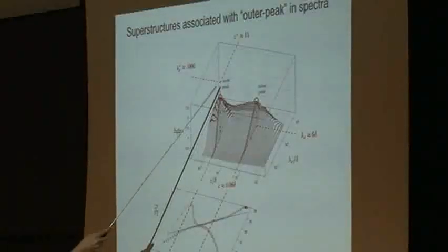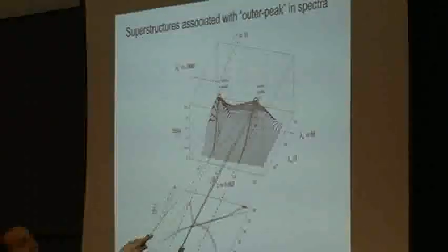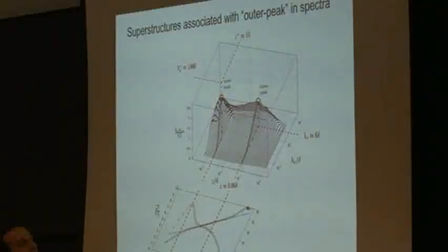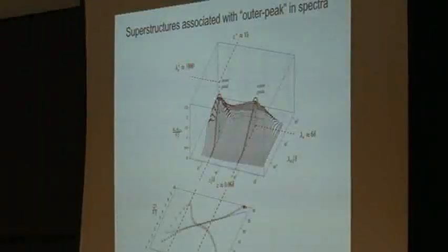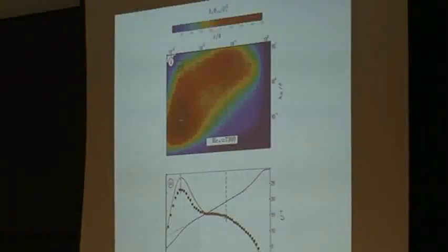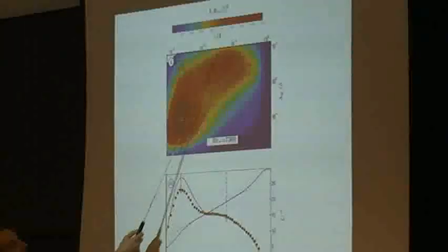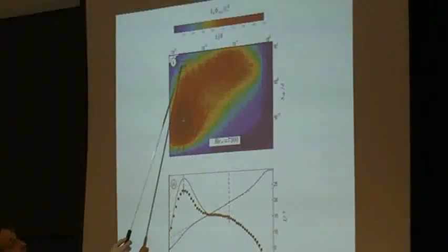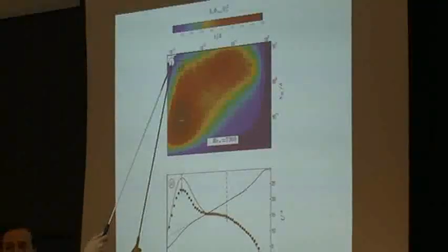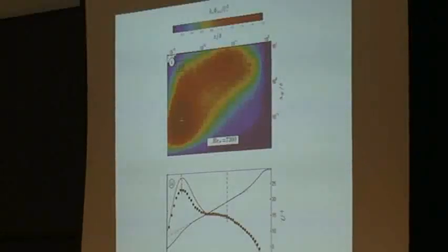And really the signature shows up in this outer peak, this sort of characteristic decomposition in the spectrogram, with this inner peak associated with the near wall streaks and the peak in the intensity, and this large outer peak is associated with these motions, and that's normally in the logarithmic region. So again, the same plot. The only thing I want to point out here is this large-scale energy comes all the way down to the wall. And we saw that actually in our decomposition. When we decomposed the energy, we saw there was a significant contribution all the way down to the wall,